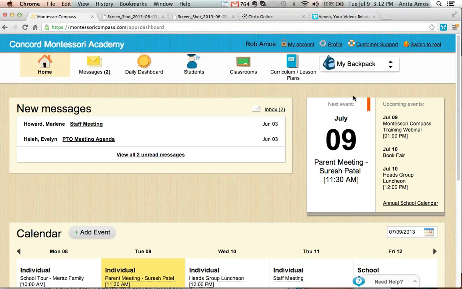First and foremost, what we are is a record-keeping system in the classroom. That's our number one objective, to be the most easy-to-use record-keeping system, because everything that I've showed you today is worthless unless teachers are using this in the classroom to document records and putting in good data.